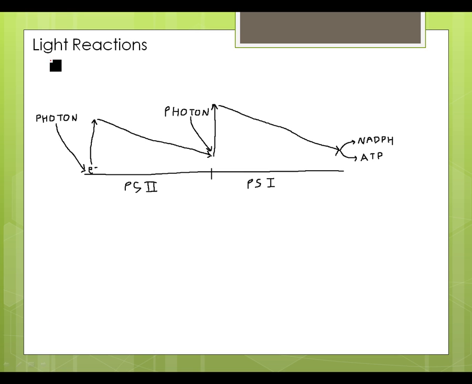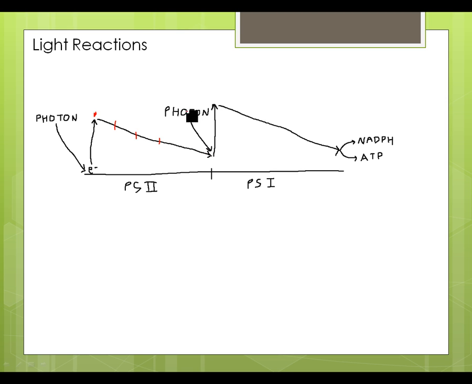So a photon from the sun comes in and hits one of the chloroplasts inside a cell, inside a plant, and it excites electrons in those molecules, and they jump to a higher energy state up here. Now, as they lose their charge, they go down and jump from molecule to molecule until they go here, and